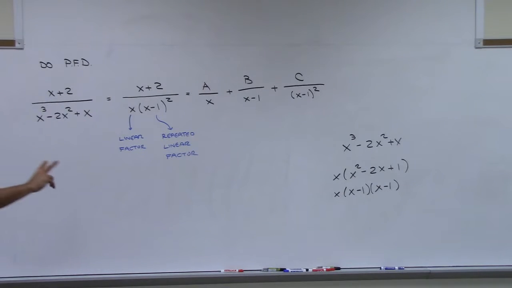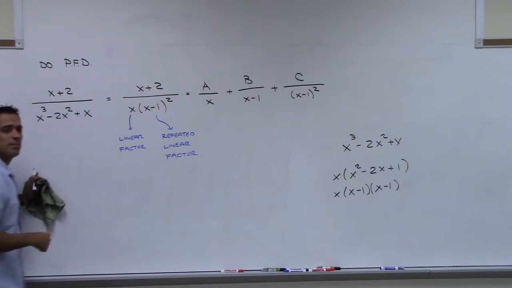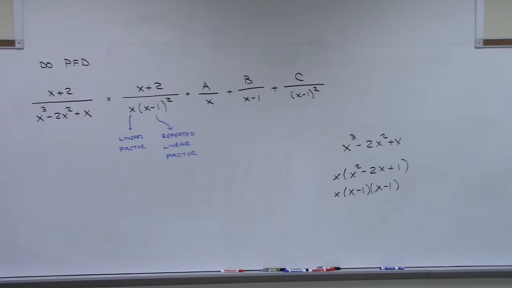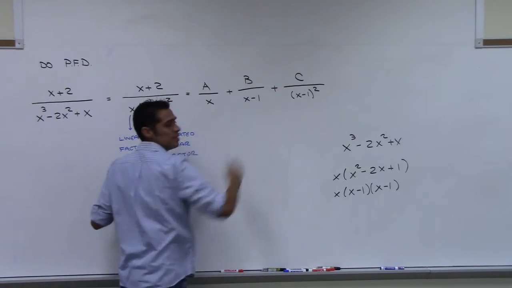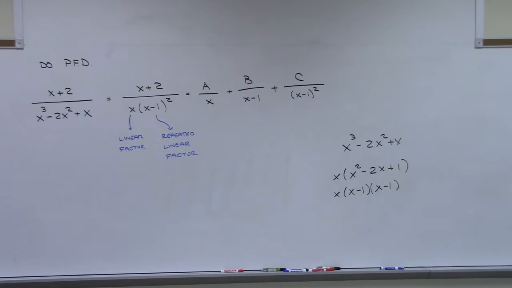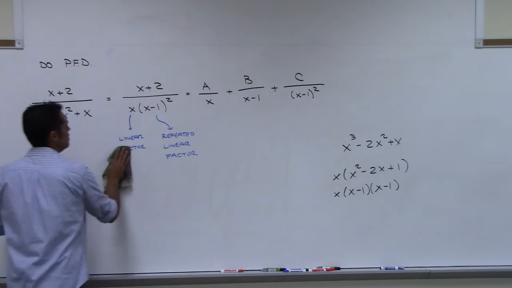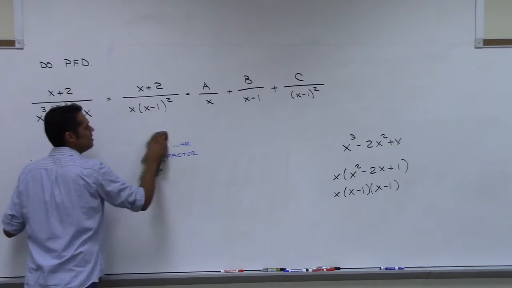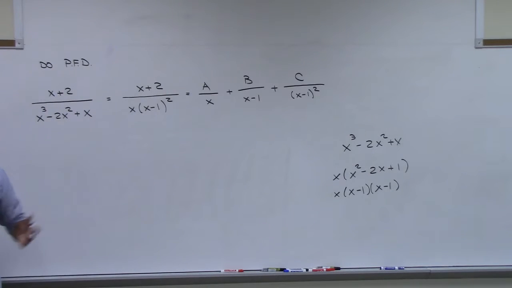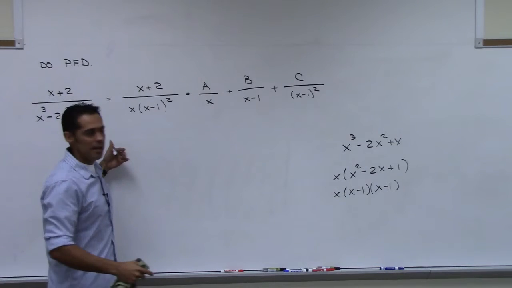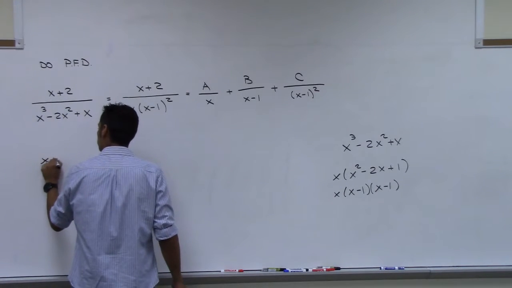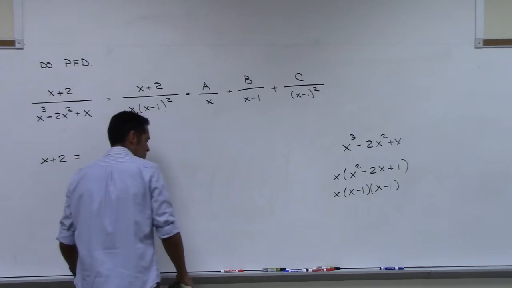We have exhausted all of the factors, and now we're ready to move on to the next step, which is to clear the fractions. So multiply through by the LCD. We're going to multiply this times this, this, this, and this. What is going to appear on the left-hand side? Just the numerator, right? This is going to happen every single time you do this. When you clear fractions, this numerator is always going to be your left side. So I have x plus 2 equals,